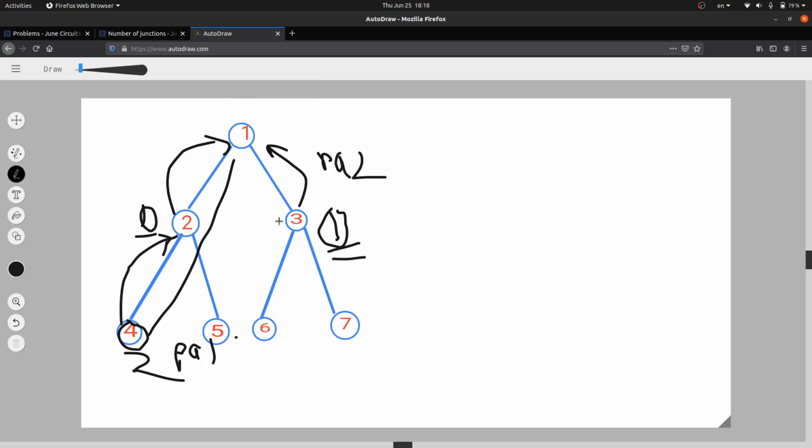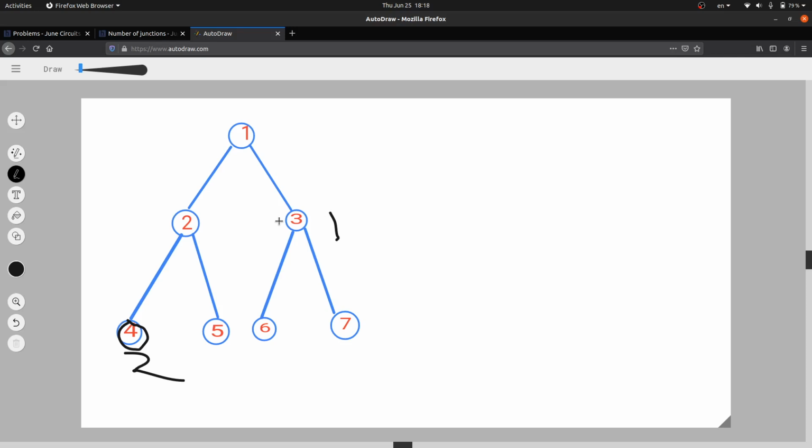So let's understand it with one more example. Okay, suppose that we have one more node attached to it. This is node number 8, and we need to find the path from node number 8 to node number 3. So its depth is 3, its depth is 1. First we will go to its parent.